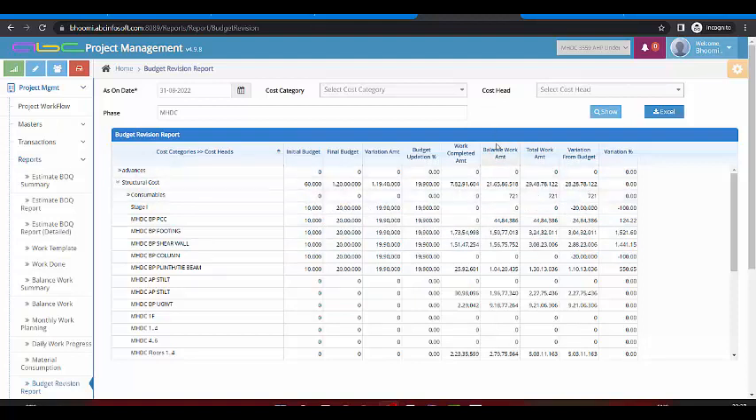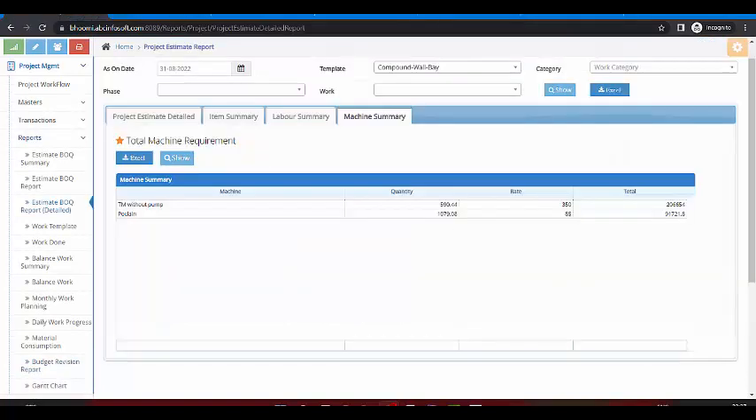That is all about the project management module in ABC, where we have discussed project planning, budgeting,